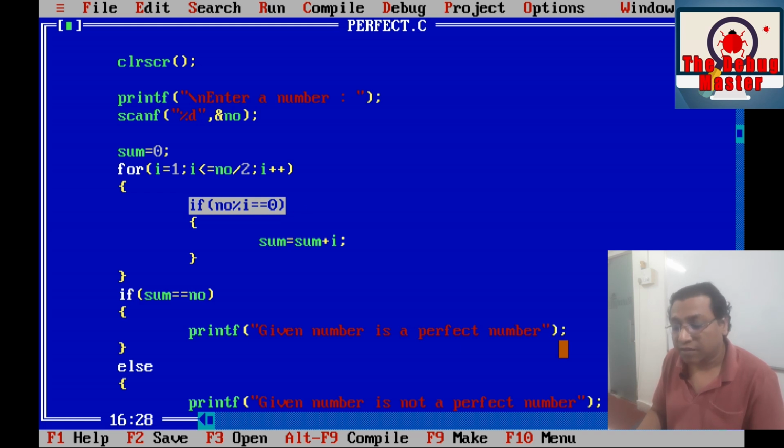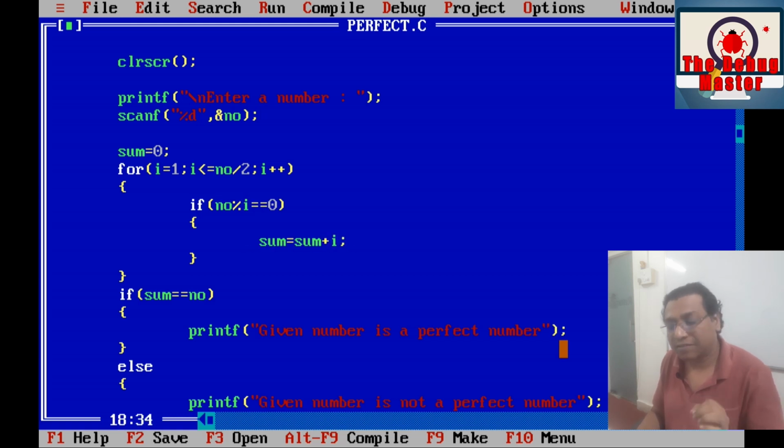Yes, it is. That means I, 1, would be added to the sum, and sum is 0. So the value of sum now is 1, and again I plus plus will be performed, and I would be 2 now.